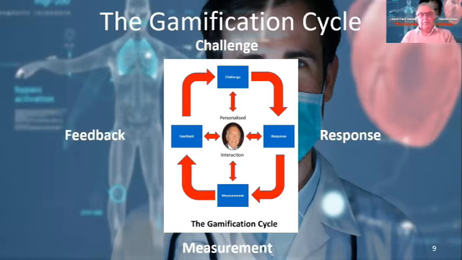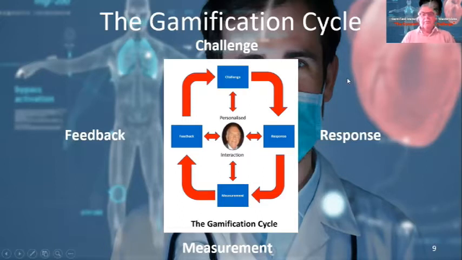It can be many different things, but it presents itself as a challenge in the sense that if you're going to participate in the game, you want to achieve a particular outcome. And when you have this challenge, you respond to the challenge. And in order to play the game and develop skills in playing the game, you need to have some kind of measurement of the result of your response and have this presented to you in the form of feedback, which then presents you with a new situation and a new challenge.